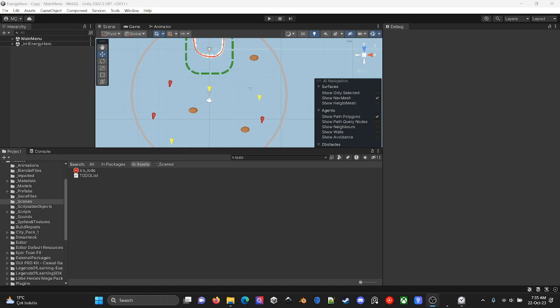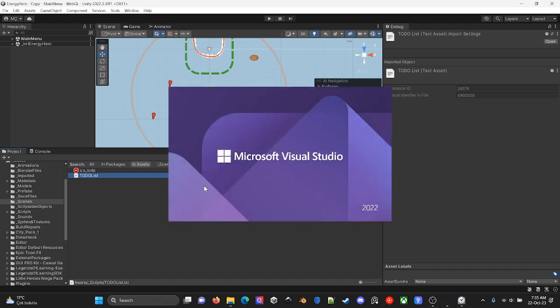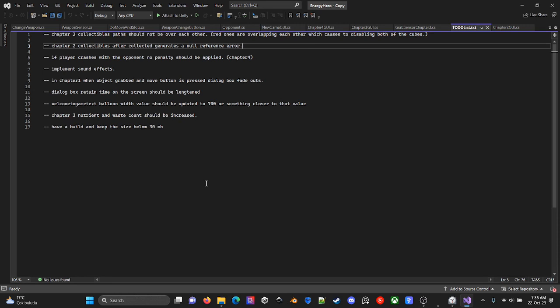So let's start it and see what I can do today and where I left off in the previous session, because I remember that I had some small bugs while working on this chapter 2 collectibles moving around the path. So let's start by fixing these errors.